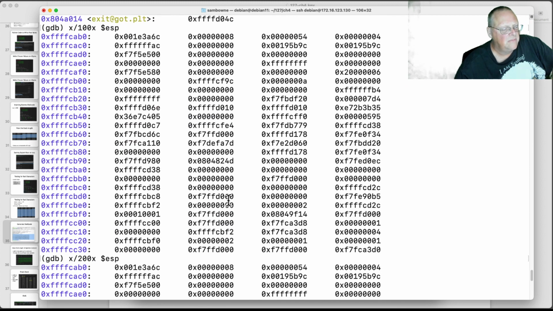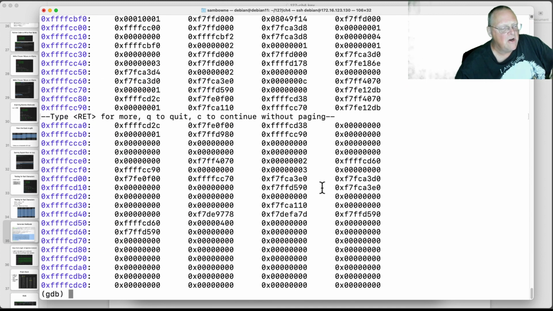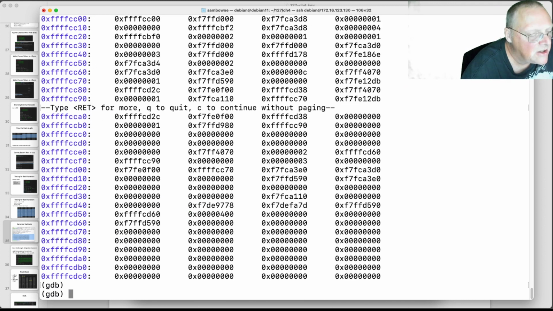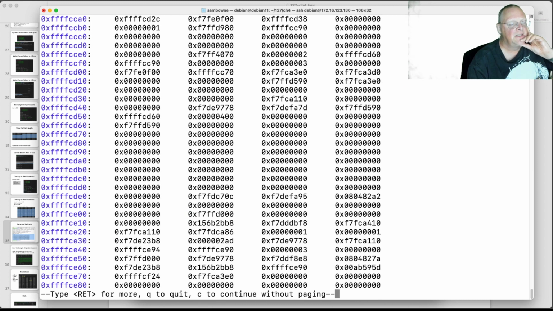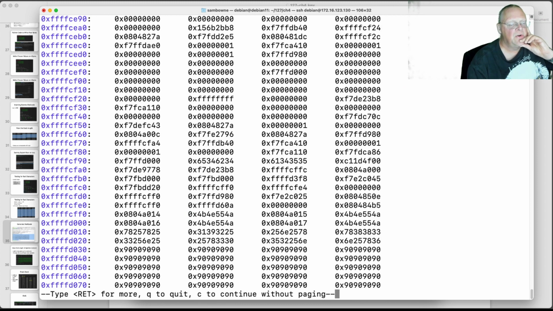So my exploit doesn't seem to be anywhere near where it should be. Let's try more, but I think something has gone badly off track here. I don't see the injected code at all. Oh, there it is, way down here. Oh, D04C.